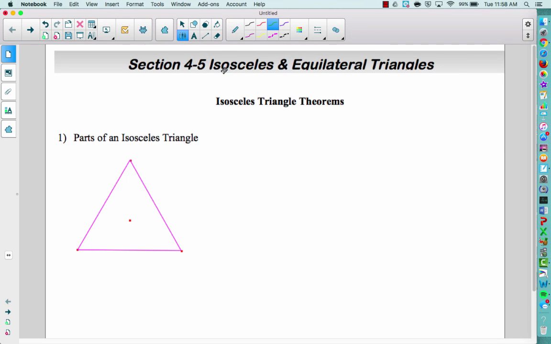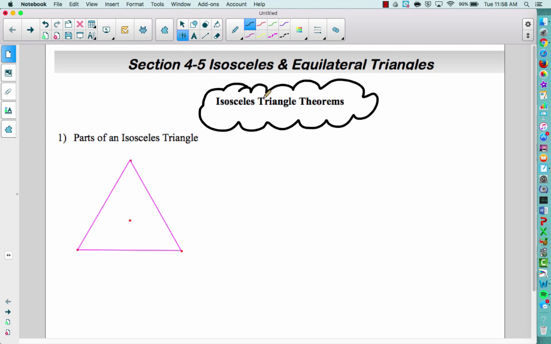Hi everybody, so today we're going to be talking about isosceles and equilateral triangles. All right, so first let's talk about our isosceles triangle and their theorems. A couple things about an isosceles triangle. An isosceles triangle is a triangle with at least